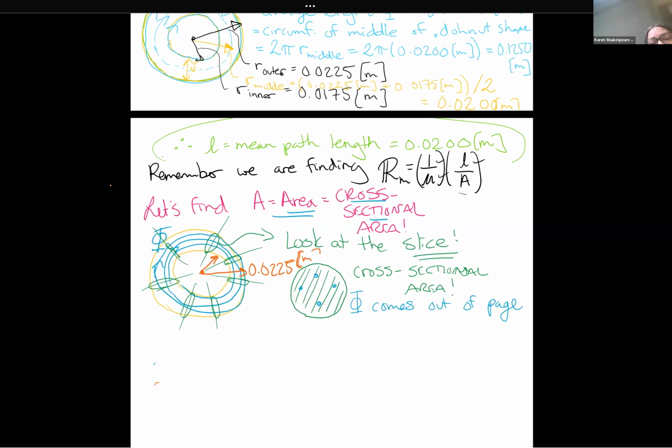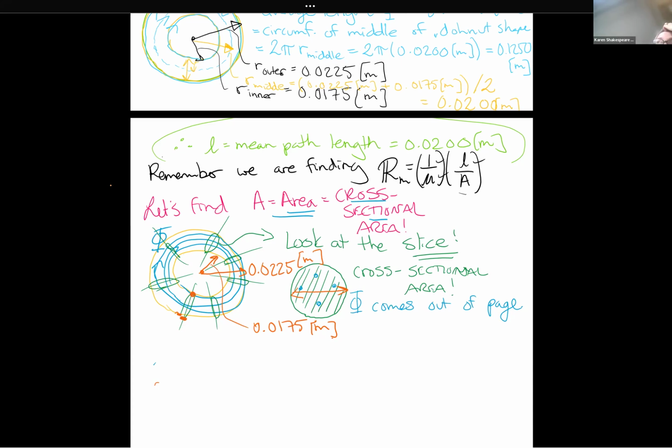I think this was 0.0225 meters. And the inner radius, I believe, was 0.0175 meters. In magnetic circuits, in these formulas, we want to work in our base SI units just to make everything simple. Convert your problems to their base SI units would be very helpful to you. So if I were to look at how big this cross section is, then I would tend to think it's from the outer side of my toroid to my inner side of my toroid. So I would say that the